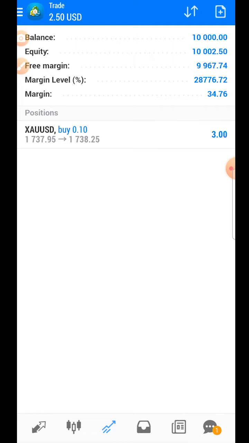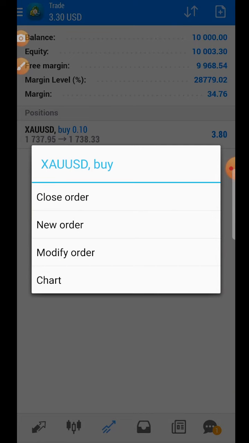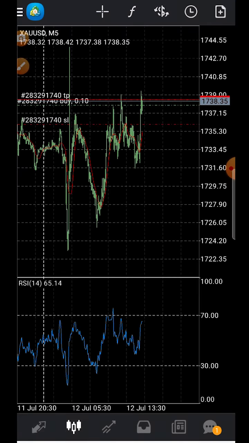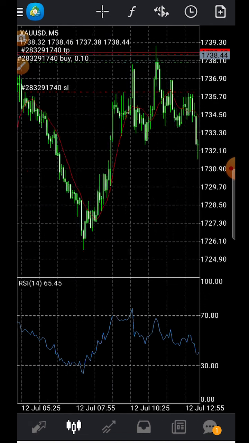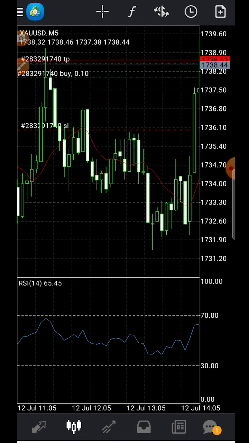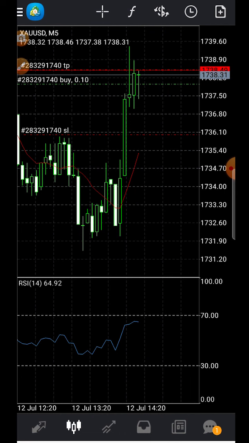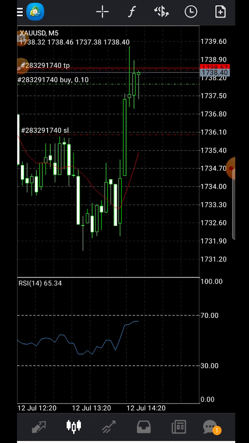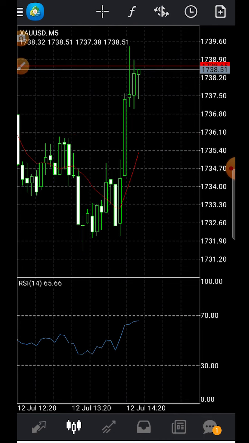All right, so let's look at the chart for this gold trade that we're in. As you can see, the green line symbolizes where we enter the trade. It says buy and it says 0.10, which is the lot size that we use. Below it, you've got the red dotted line with SL on it, which means stop loss. That's our stop loss. And then we've got the red dotted line above it with the TP. That's the take profit. And I made it very tight so we could execute this trade and finish this trade